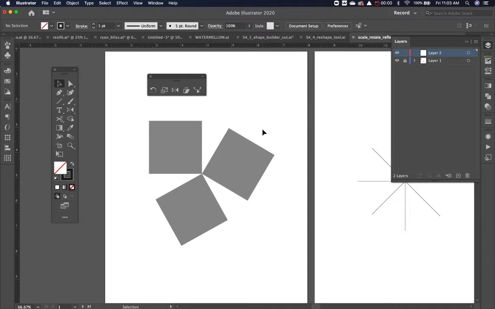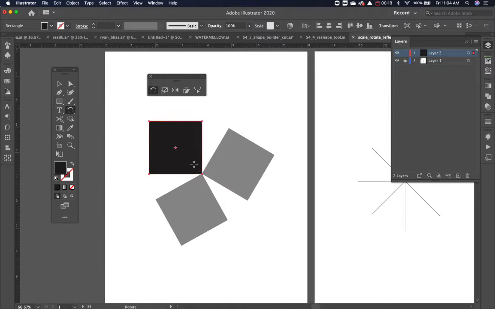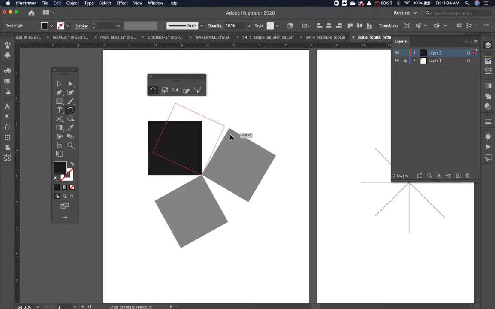All right, so in this video, what I'm going to do is take you through this tutorial and what you can kind of do with this when you're doing it. So let's just use the rectangle tool. I am going to make a square here, and then I'm just simply going to click R for rotate. I'm going to set my rotation in the corner here simply just by clicking, and I'm going to rotate this,